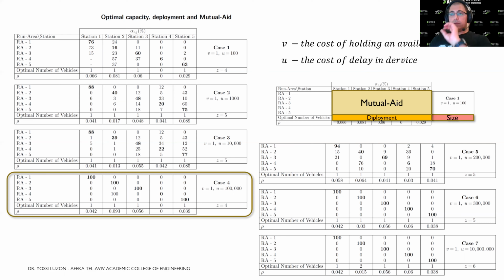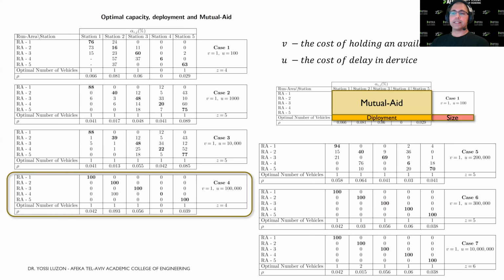And, sorry, the numbers of vehicles should increase. You can see that Z increases. So Z here is 4, 5, 5, 4, and here it's 5 and turns to 6 in this ratio from 1 to 10 million. An interesting case is case 4,